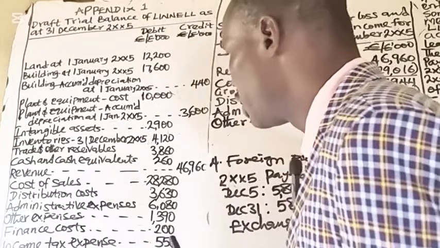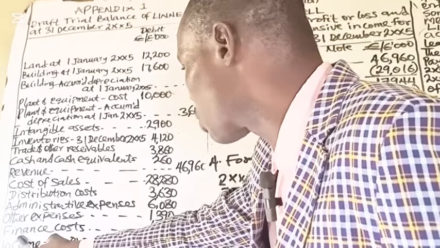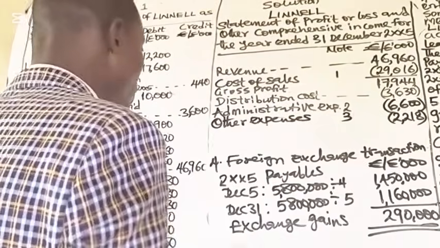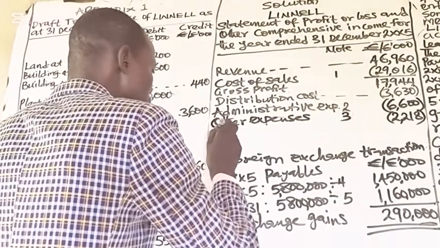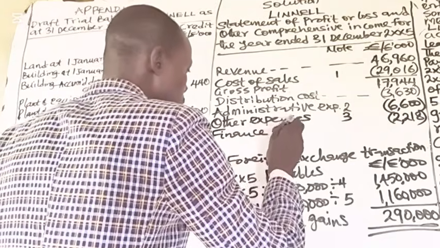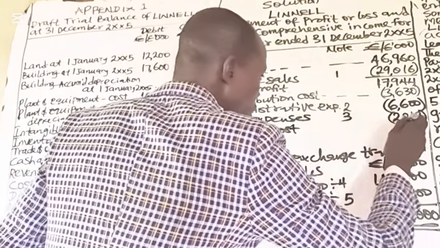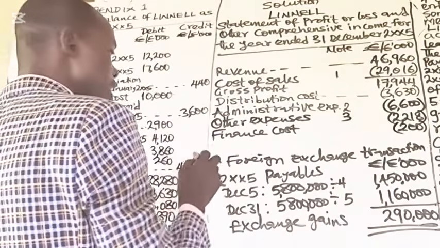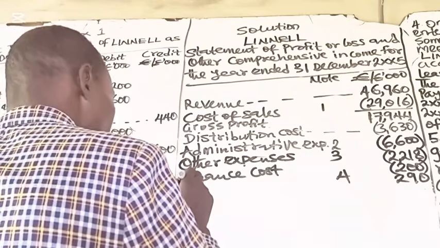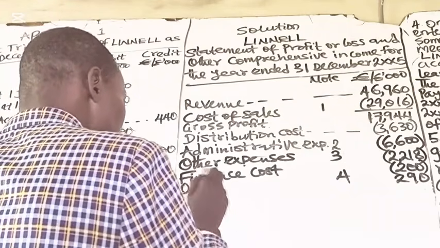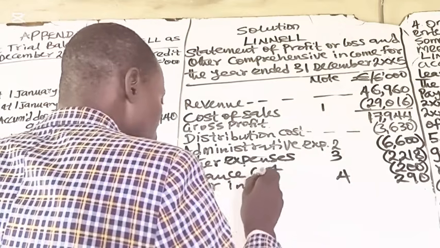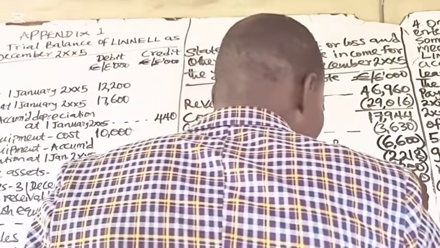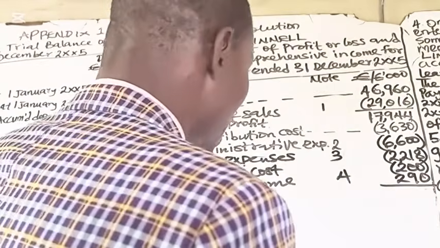Since we now have exchange gains, that means we can consider our finance costs. Our finance cost amounted to 200,000. So we have finance cost of 200,000. After the finance cost, we have exchange gains on foreign currency translation. We change the exchange gains to other income. After other income, we sum up all these items. That will give us the profit before tax,